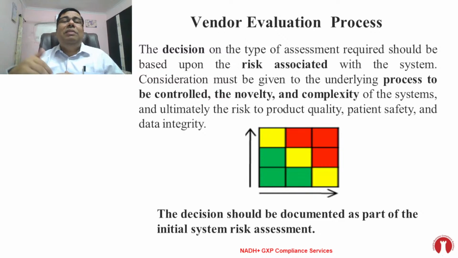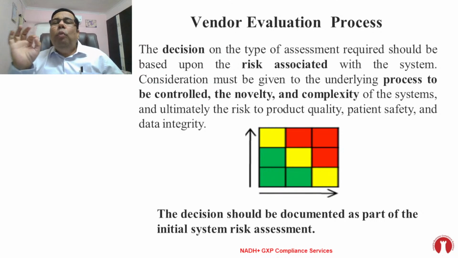So this is called a complex system. When you are performing the vendor evaluation, you need to consider these aspects, and then perform the RAG analysis, red, amber, green analysis. Okay,